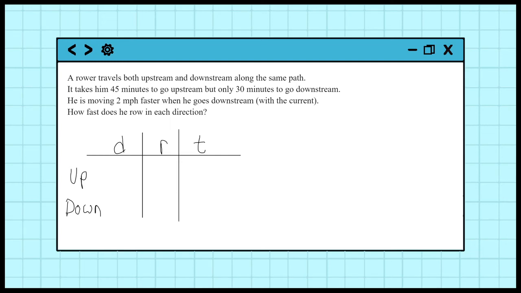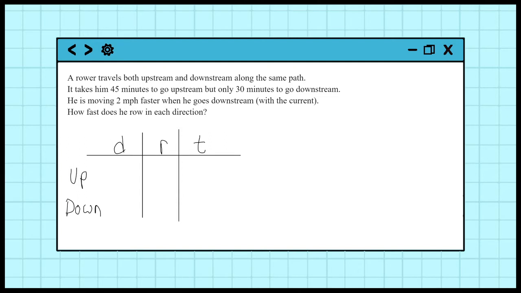In this problem, we're going to look at how the difference of direction up and down a river could affect the speed at which you're traveling. This is because when you go upstream, you're going against the current, so you're having to paddle harder to keep moving, or really it's just slowing you down. But if you're going downstream, we say you're going with the flow. And so if you're paddling at the same rate, you're actually going faster